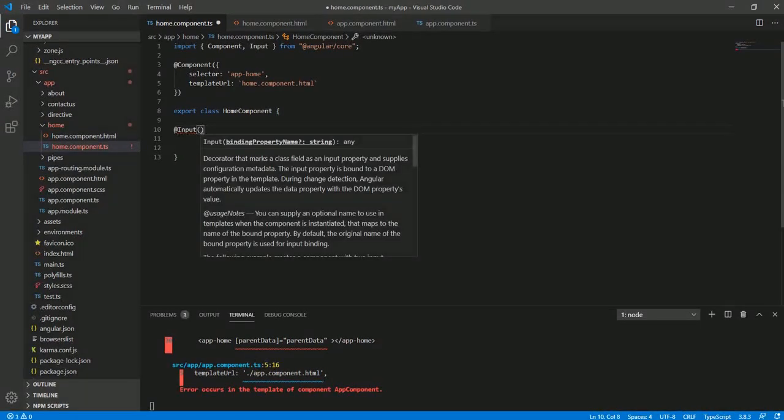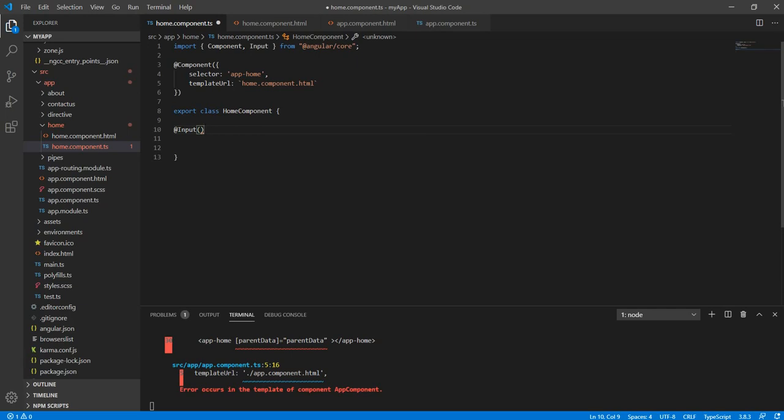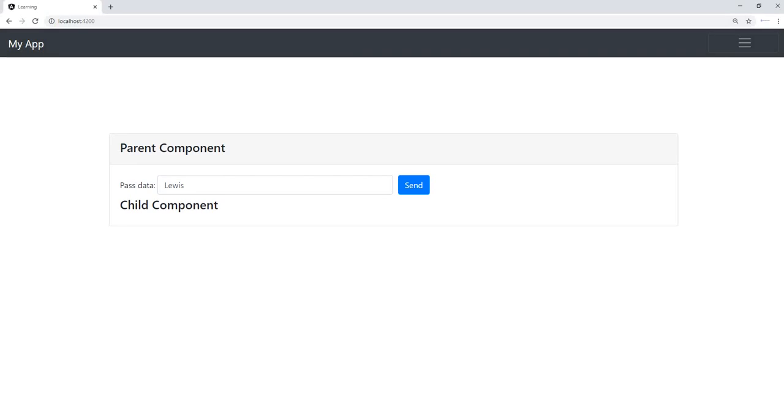So Input, then the name of the property, with type string, and just import this. Okay, it's already there, no problem. Now we'll quickly check this in the browser.